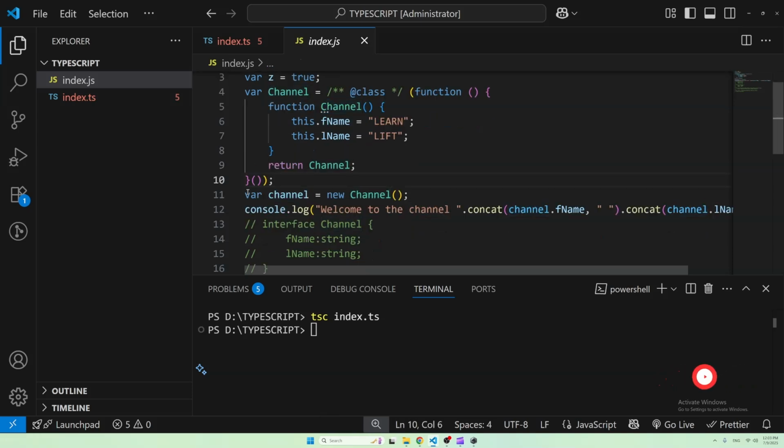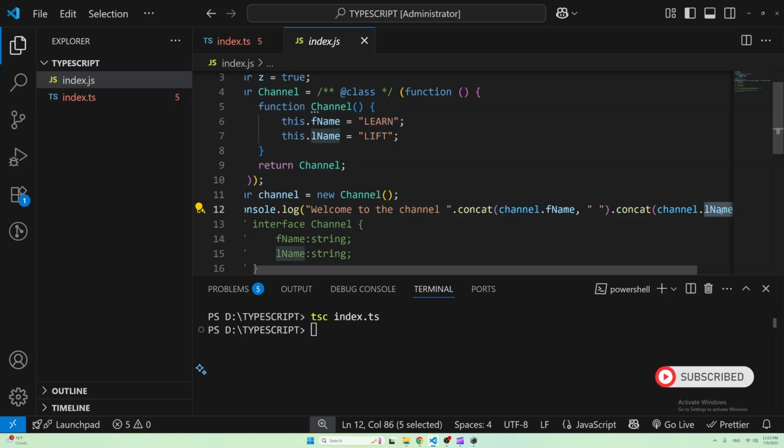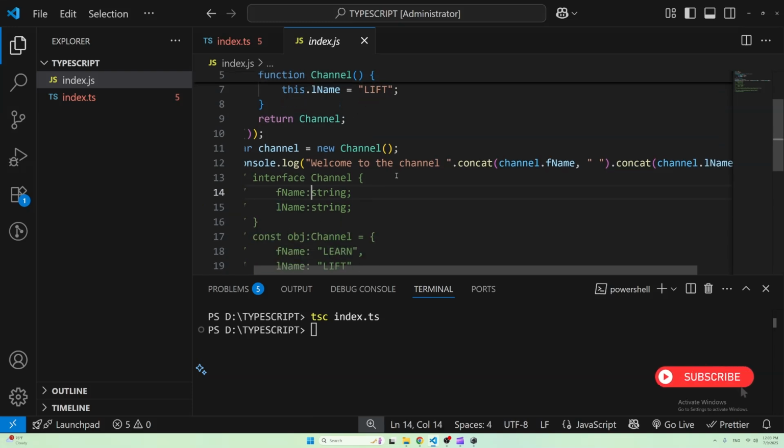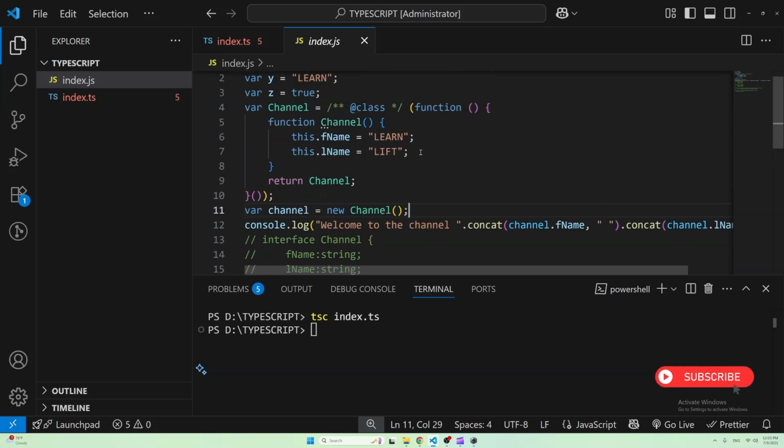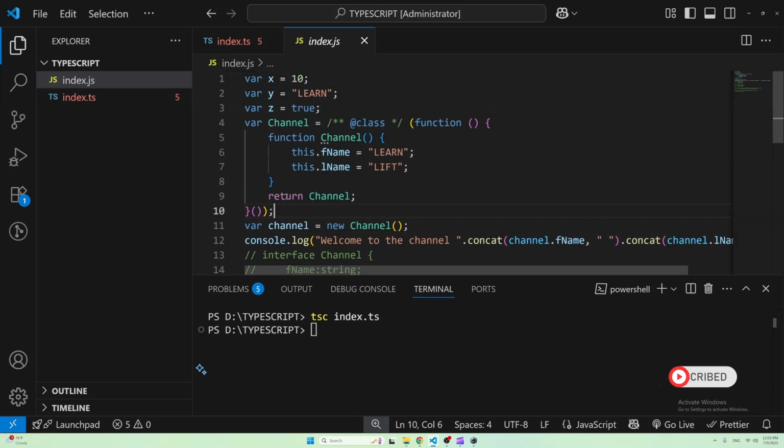So now when we create an instance of it, it actually gives us the instance of this function only, and then from that we are reading the values over here, right? So this is how it transpiled our code into the JS file, and if I run the JS file, node